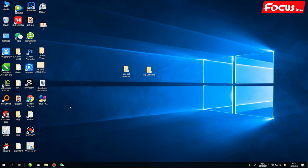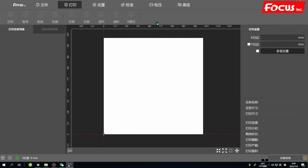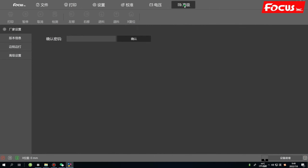Once we have installed it, we will have the icon named Focus Print here. After it's installed, we open it, and it's offline. If your system is English, it will show the English interface. If your Windows system is Chinese, it will show Chinese. So you can convert to the English version. If you have the Chinese version, we can go to the advanced settings,